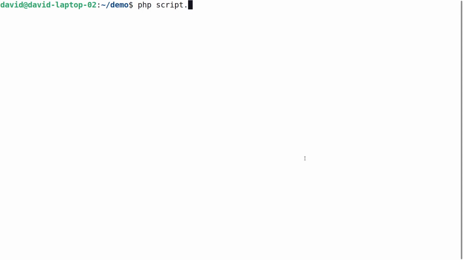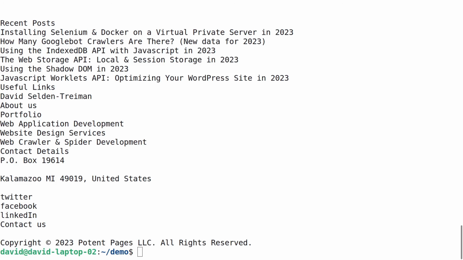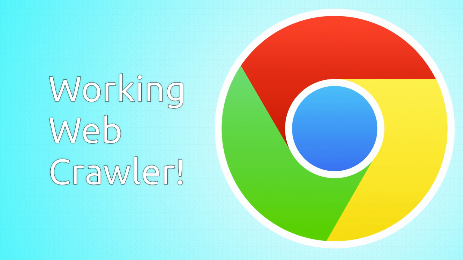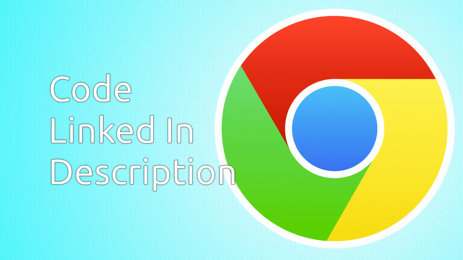Running this script will display all of the visible text on the page, including any text generated with JavaScript. At this point, you should have a working PHP script that downloads a page and extracts the visible text for you to use. All of the code for this will be on our